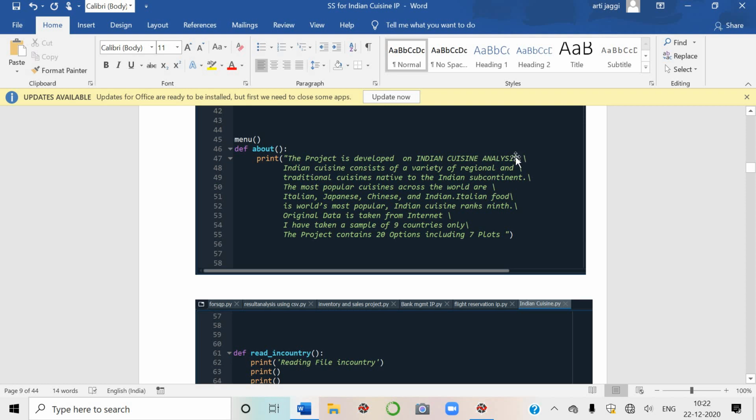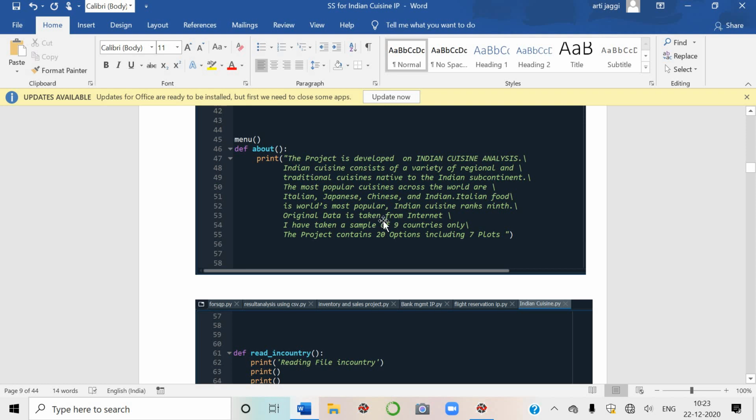See here, I have used the slash here. This is actually a backslash because I'm using the enter. The line was becoming very long, so there was a problem while reading it, so I use this backslash here. Indian cuisine consists of a variety of regional and traditional cuisines native to the Indian subcontinent. The most popular cuisines across the world are Italian, Japanese, Chinese and Indian.